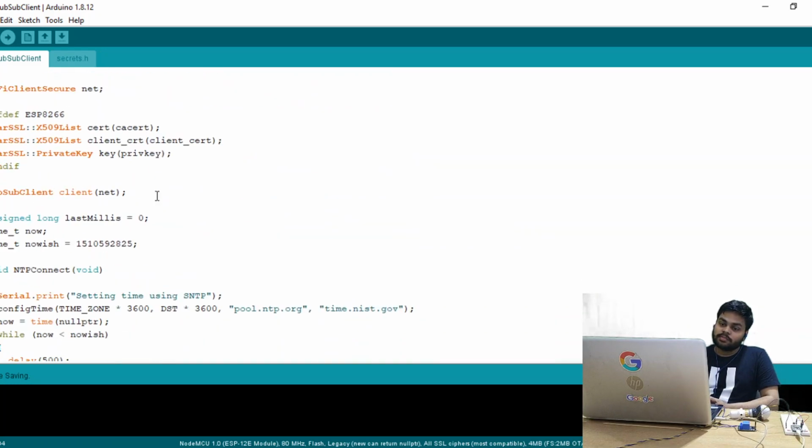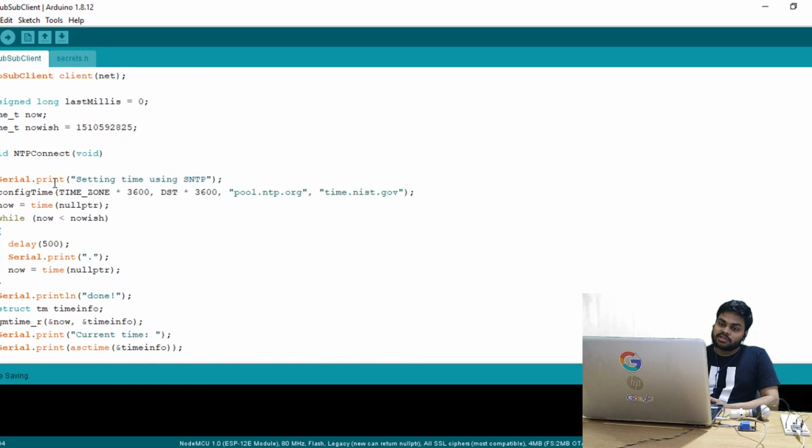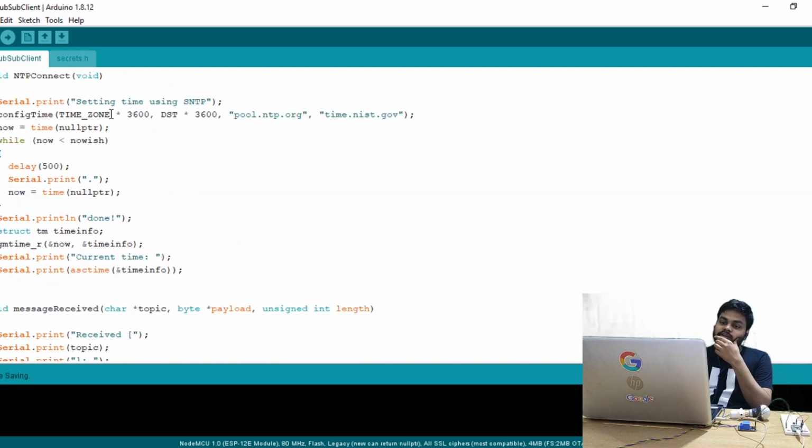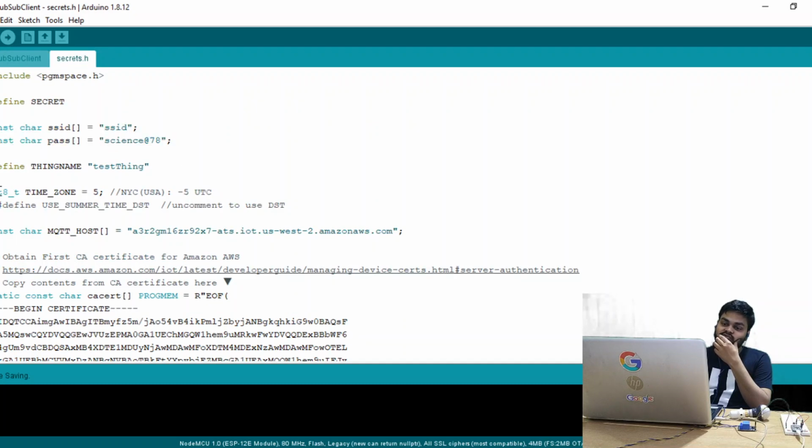Let's discuss NTPConnect. Basically this function will return us the current time. NTP, or SNTP, is a network protocol that gives us the current time according to our time zone. This is the use of the time zone we have set already.